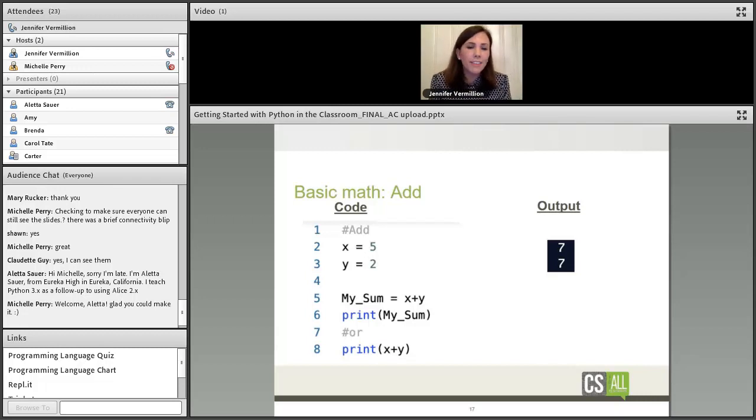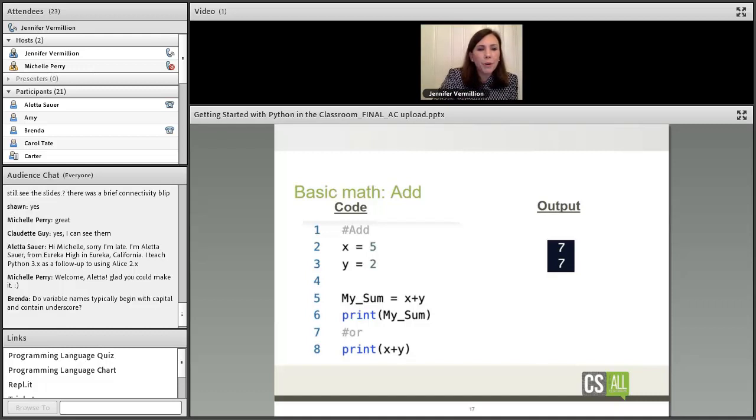All right, so math is another great thing just to get the students early on experiencing some of the power of Python. So in Python, you can use some of the basic math operators. The first one is just a plus sign, which is how you can have your program actually perform some computations. In this example here on the left, we have some code where, and I'm going to pause for a minute